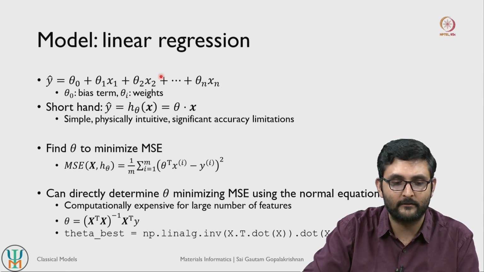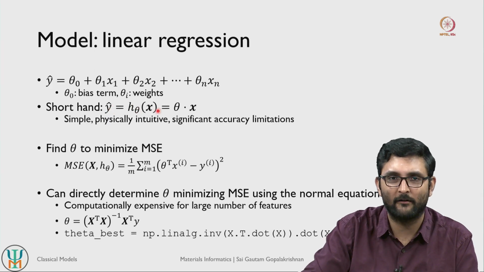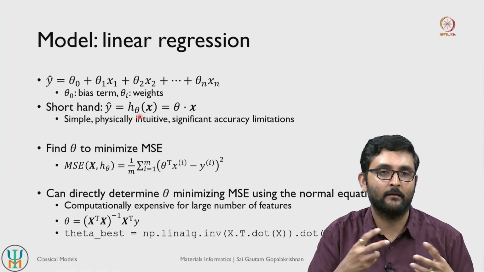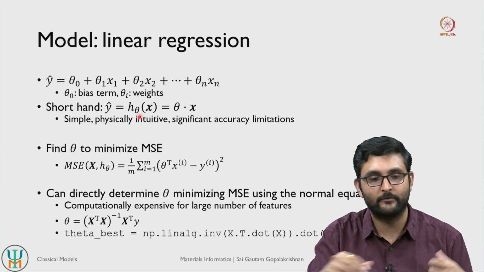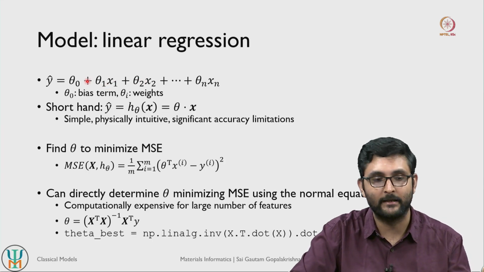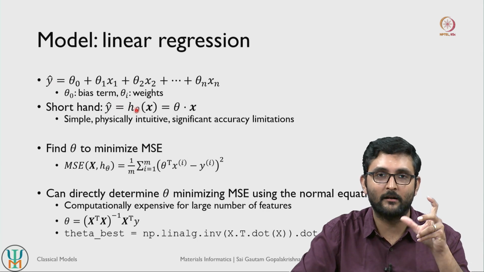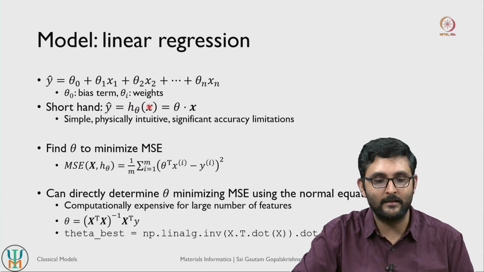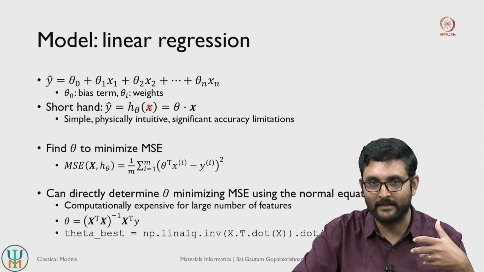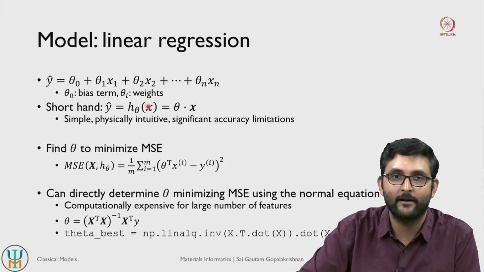Instead of writing this in a big clunky mathematical form, we can use a compact shorthand. We can write our target variable as h theta of x. So h theta is basically a collection of weights. Think of this as a mathematical function. Any given collection of weights gives rise to a distinct mathematical function. If you change the values of theta 1 and theta 2 and substitute the same x values, you will get a different value of y. So you can call the collection of weights and biases h of theta, a function that operates on your input features x. Here x is a vector of features that you have for each data point.